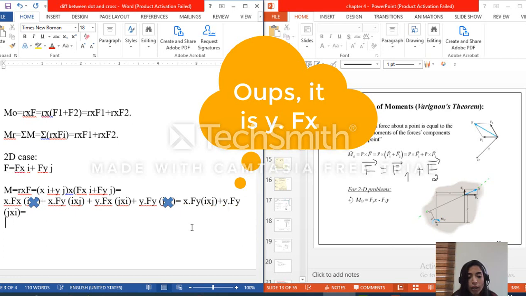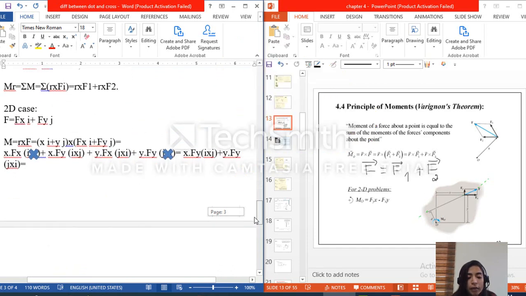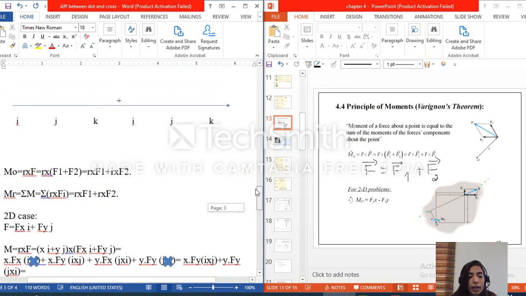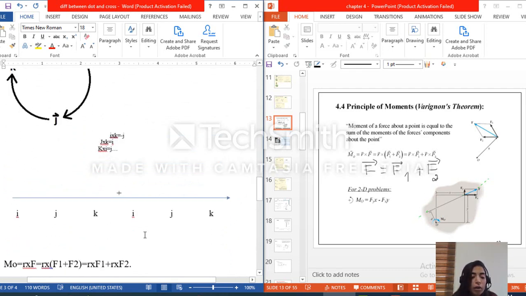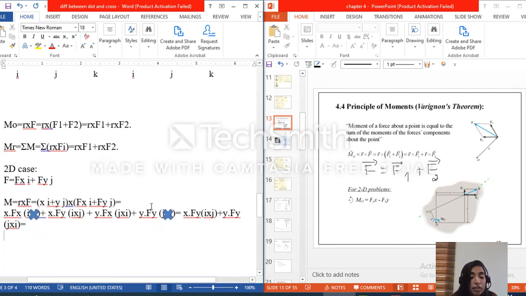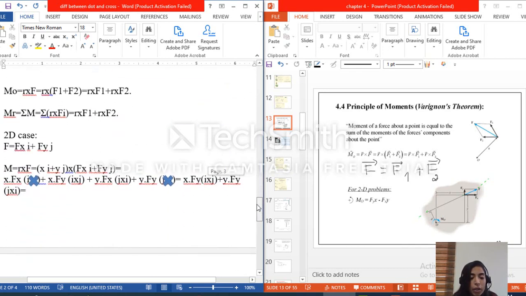i. Now if I go back to the following methods, I know that i cross j is equal to k, which is very evident. And j cross i, so this is j cross i in the opposite direction, is equal to minus k. Which means basically that the answer here is x times fy times k, or k in vector form,